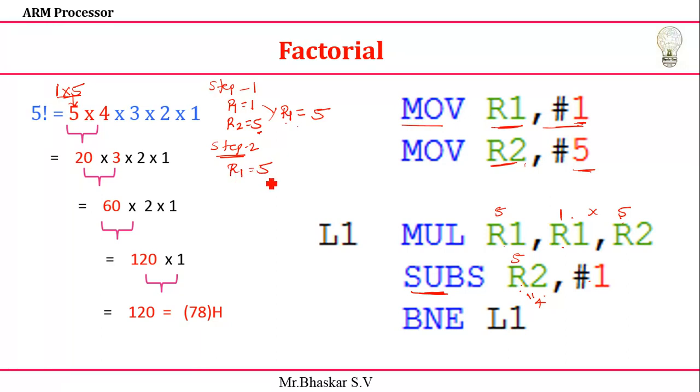Okay. So R1 5 is there. Next R2 value what I'll get it is R2 it is equal to 4. So next it will check subtract. R2 value I'm checking for it is after subtracting R2 value and result I want to store in the R2 register only. I'm getting the value it is 4. 4 I'm going to check with this one.